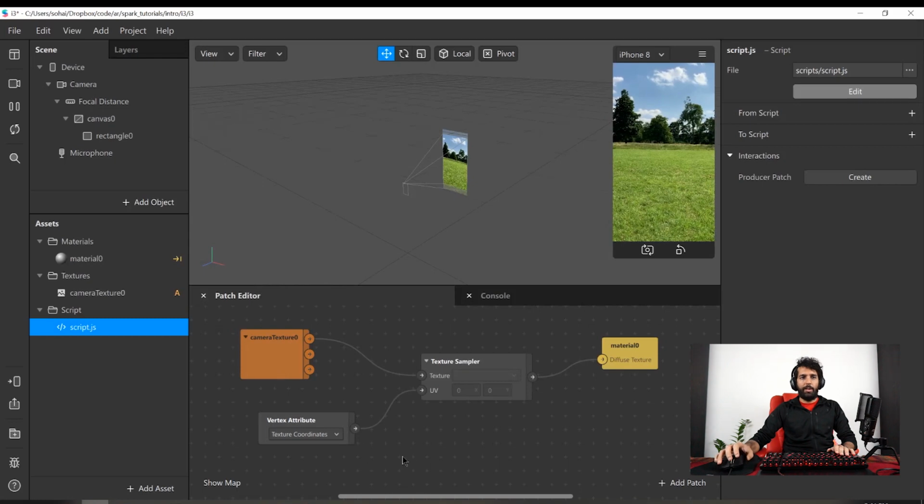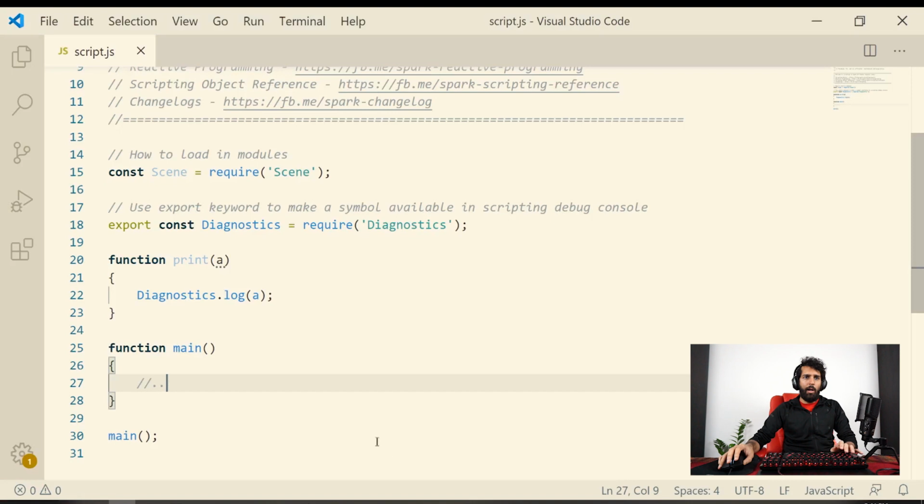So in the patch editor, what we want to do is take the vertex attributes from the rectangle and feed it into a texture sampler and feed it in the camera texture and the material as the output. So all this stuff is basically in the shaders module. I'm going to do a much more detailed explanation of the shaders module later, but for now, basically, if you're doing any type of image operation or something which involves textures and materials, you're going to be working in the